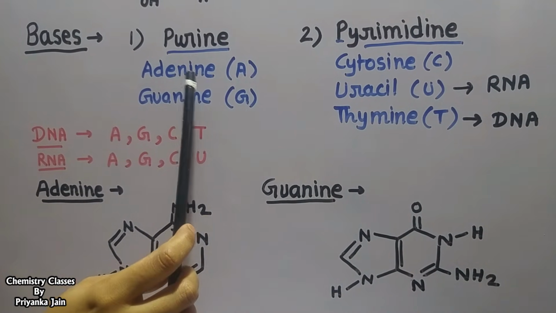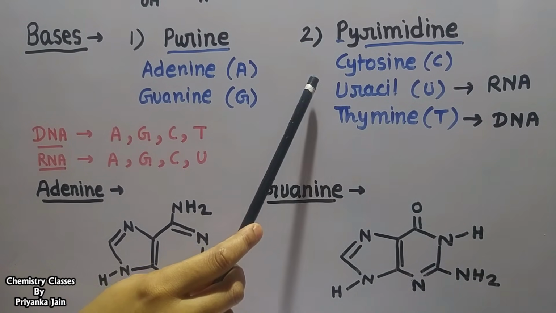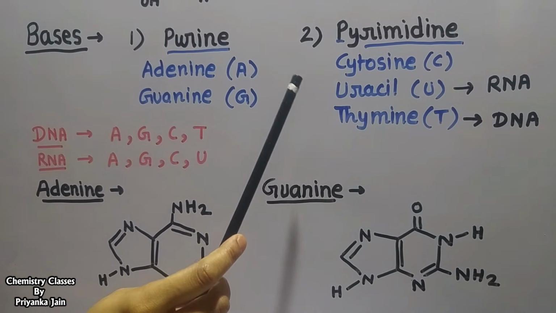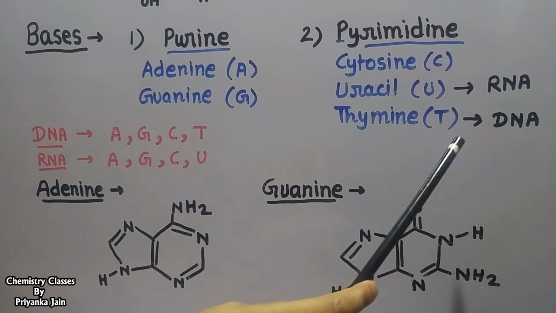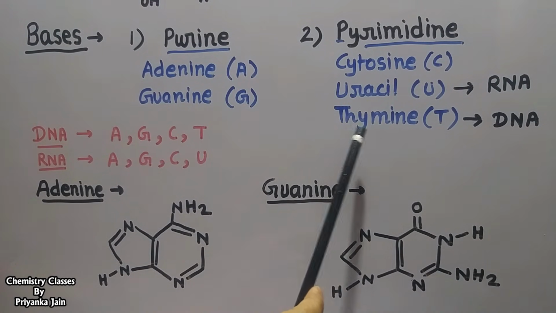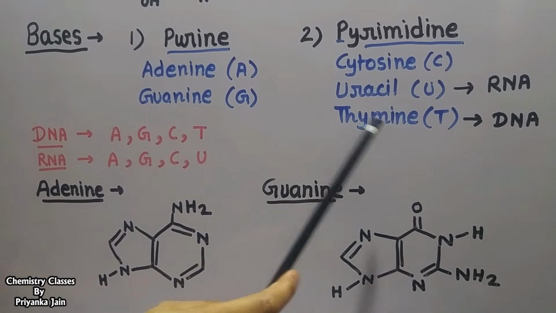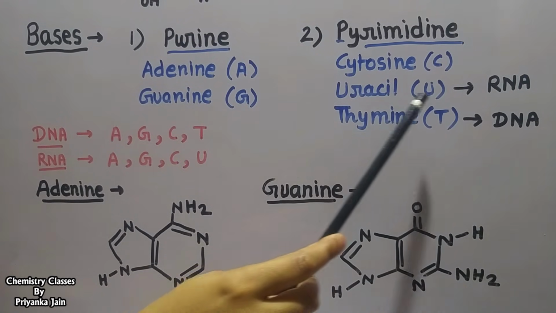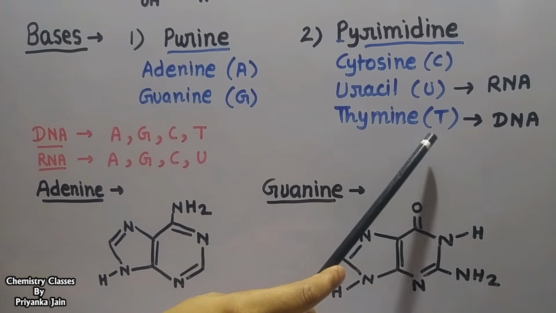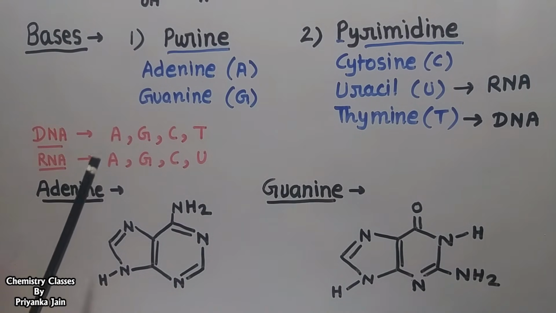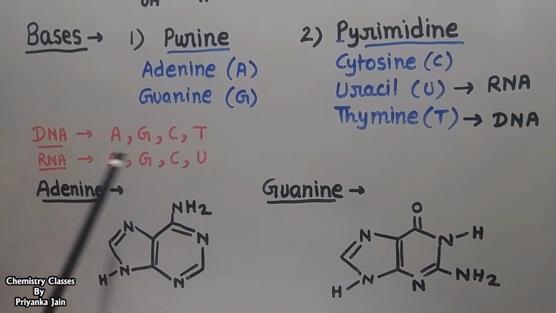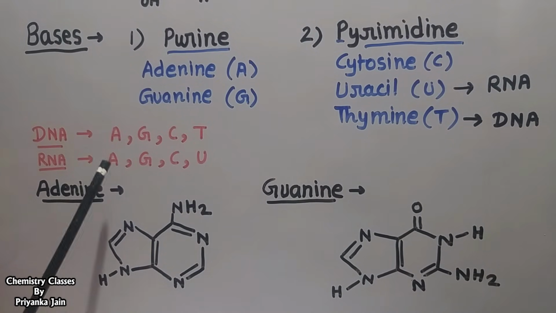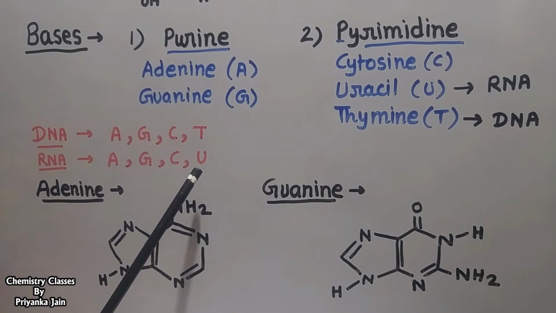out of which adenine, guanine and cytosine are common in both DNA and RNA, and these are found compulsorily. But uracil is found especially in the case of RNA, while in the DNA, uracil is not found. Thymine is present in the DNA. So these 2 are optional. This is found in the RNA and this is found in the DNA. So in total, RNA and DNA both possess four types of bases. In DNA, the bases are adenine, guanine, cytosine and thymine. While in the RNA, the bases are adenine, guanine, cytosine and uracil.